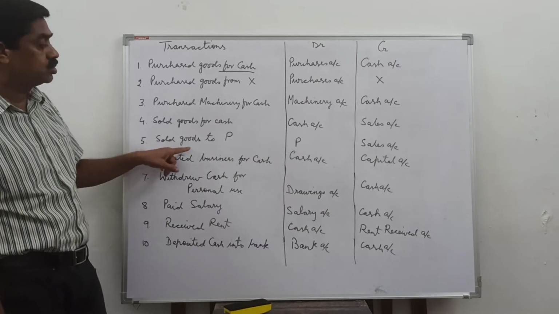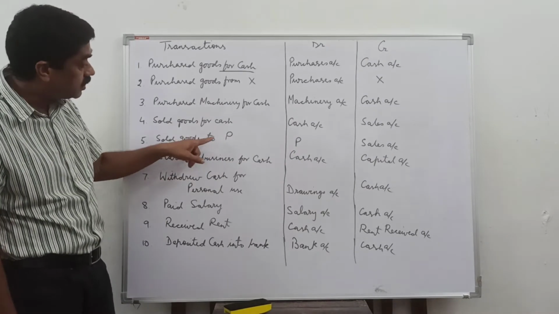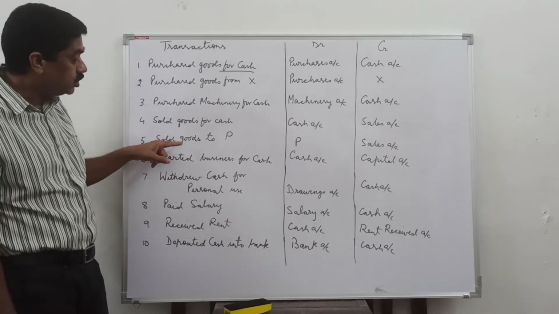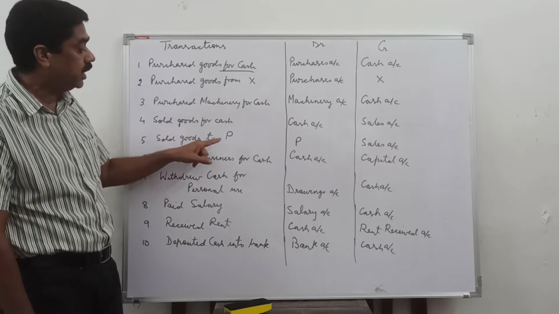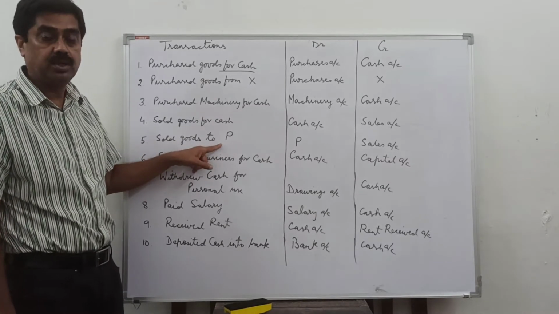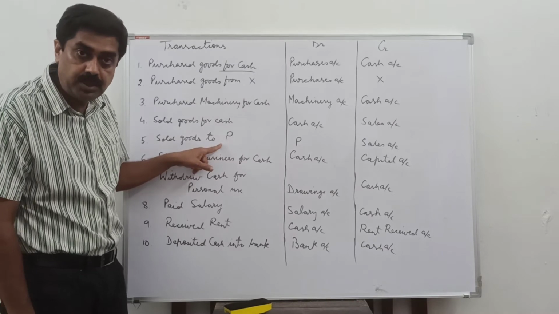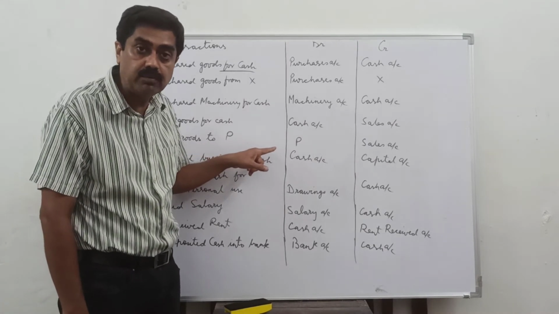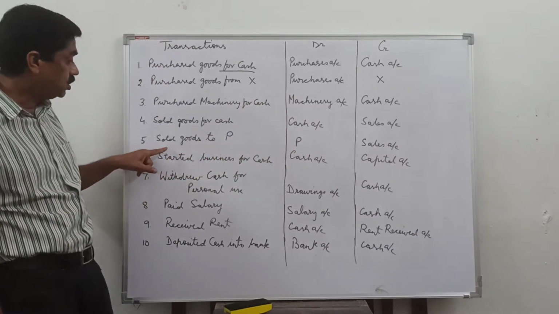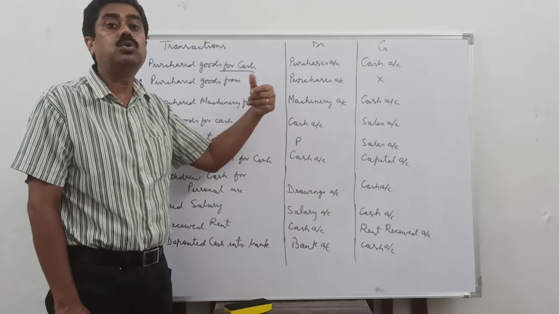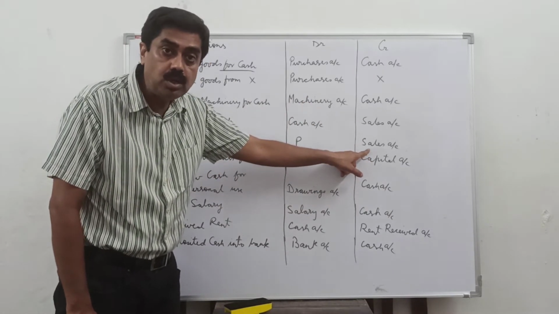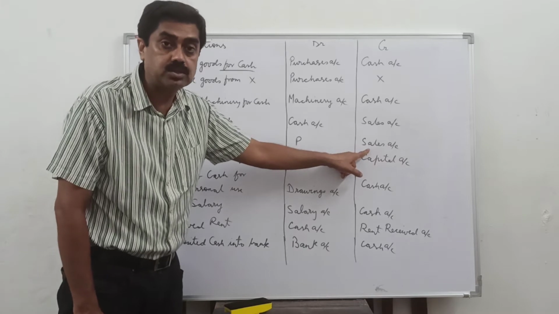Then we have sold goods to P. Now cash is not given, it is a credit transaction. In place of goods account you open sales account, and the person to whom you sell goods is called customer, so P's account will be opened. P is a person, a human being, debit the receiver, credit the giver. Since he is receiving, his account will be debited, and goods are going out, or rather it is sales because you receive money in future, it will be credit. All incomes and gains you will open credit side.